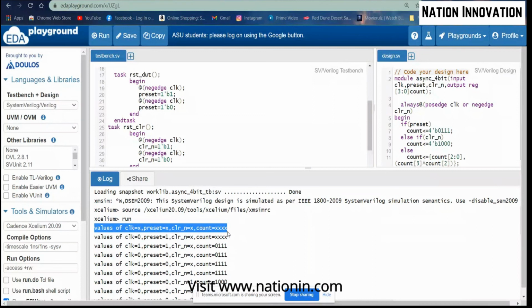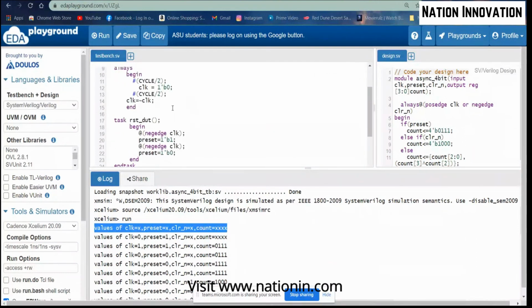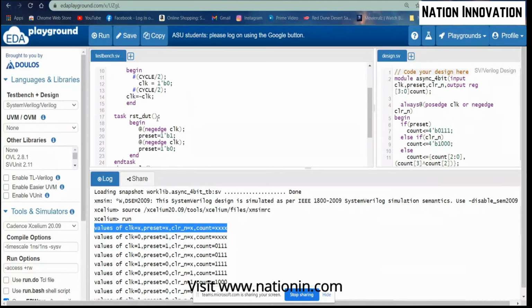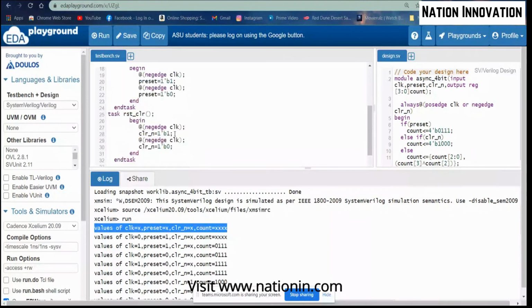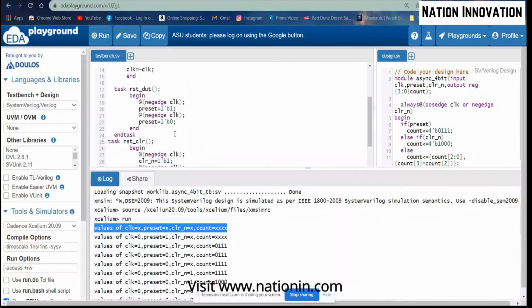You can define it in the test bench. You can define a separate task, and in that task you can initialize it to zero.